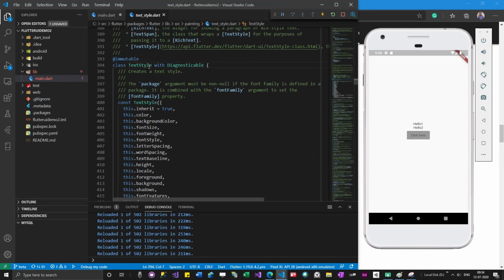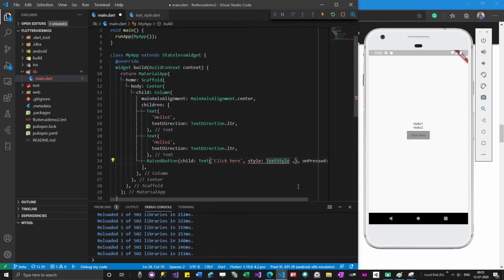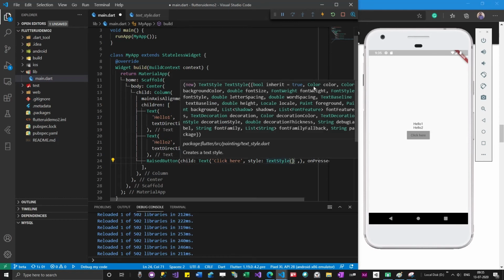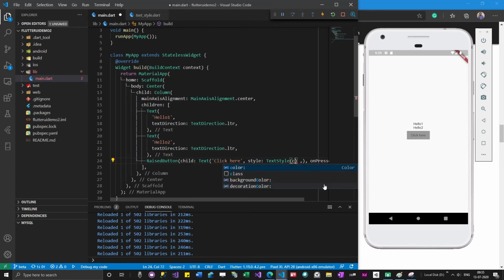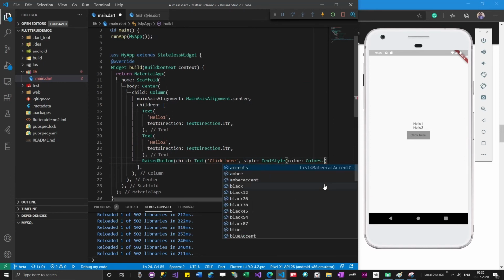This is not an abstract class, which means that it is fine. I can actually declare it like this. If it were an abstract class, I wouldn't be able to declare it like this. So what will text style take? I can see that text style has got color. So I'll give colors dot white.